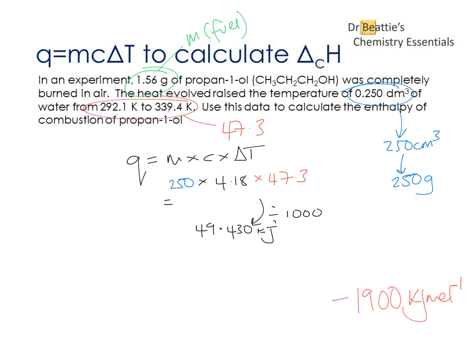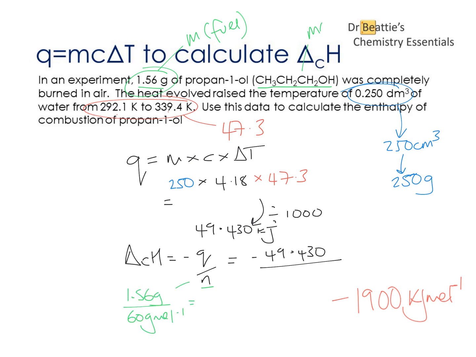equation. And then, with this value, we're going to put this into the delta CH equation, which is minus Q over N, where N is the number of moles of the fuel. So to work out the number of moles of the fuel, we've been given up here 1.56 grams, and we've been given the molecular formula for propan-1-ol. So we need to take the MR of this and work out the number of moles of that,